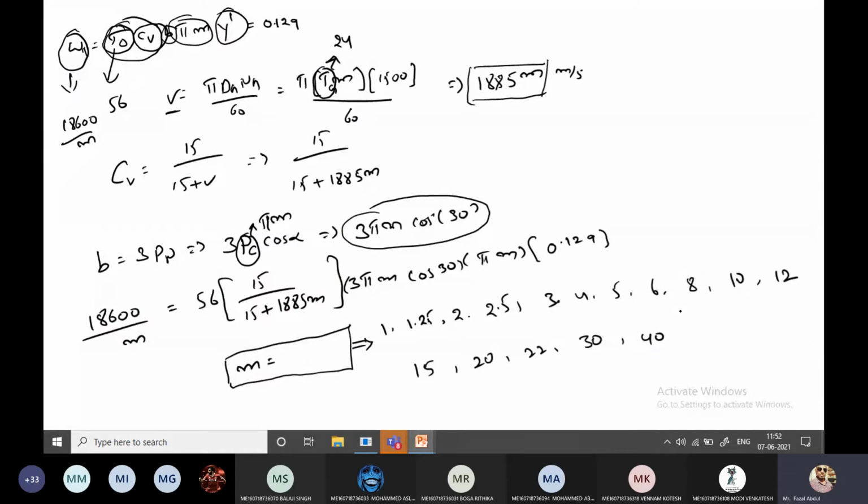How much, Babu? Tell me the value of module. You are not telling, so I am writing here. You are wasting the time. So module will get 5.5. So 5.5 is going to lie in this interval: 5, 5.5, 6. So I am taking the round figure 6 as the module.